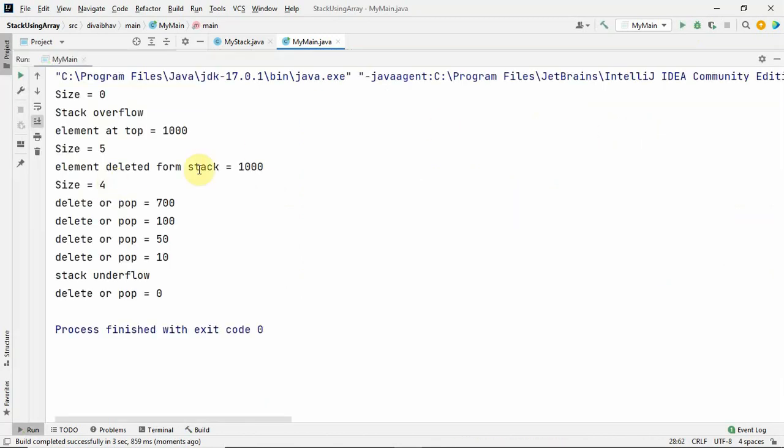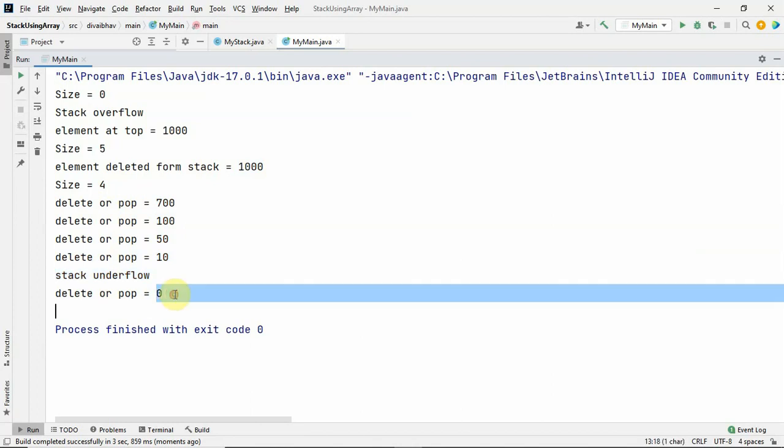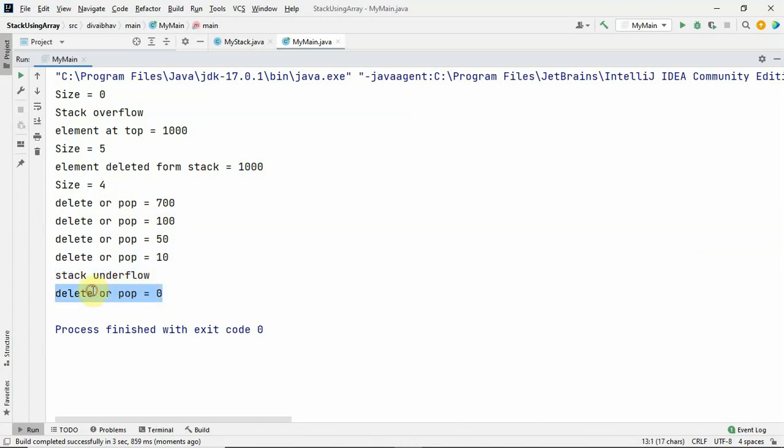See, 1000, 700, 100, 50, 10, all the elements are deleted from the stack. Then once again, when we run that particular delete or pop, the stack is underflow, and the delete or pop method has given us 0, which is the invalid value.